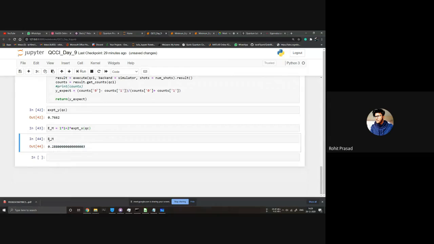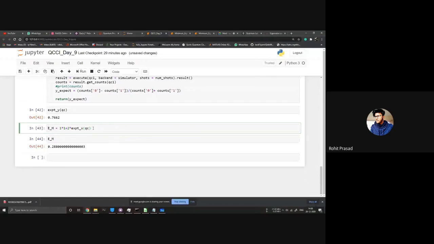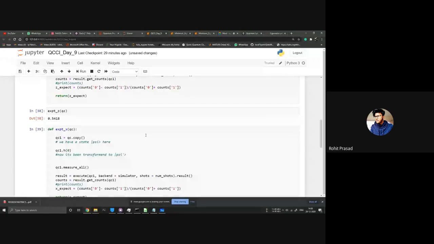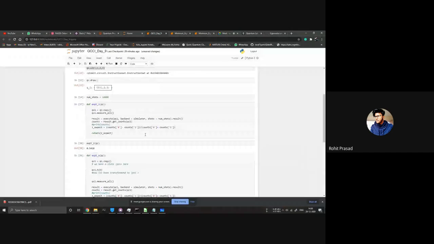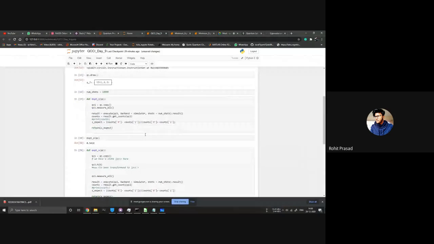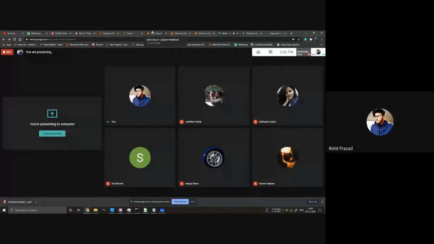If you do the optimization, you will get an expectation value which is close to the lowest one. Okay. So did you guys understand this, like how to calculate expectation value with respect to a specific state psi? Any questions?